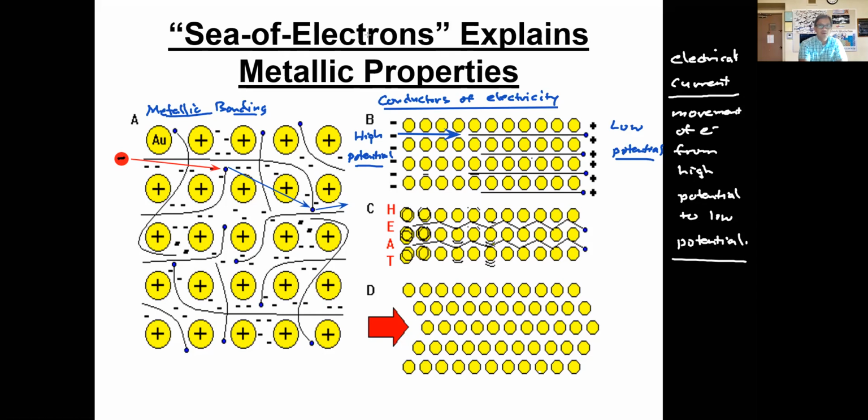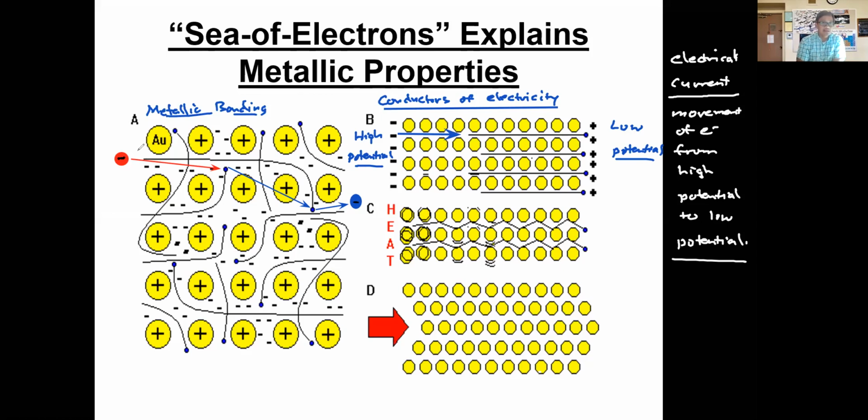And so what happens is on the other side, yes, we don't have the exact same electron that's moving through, but we do have an electron that does move through. It's a different electron, but it is an electron that does move through, and there it is. The current flows very easily. So that's the idea of why metals are good conductors of electrons. Why the sea of electrons helps to quickly conduct or move an electron through. And again, it is not necessarily this electron that actually makes it all the way through, though you can argue that as well.